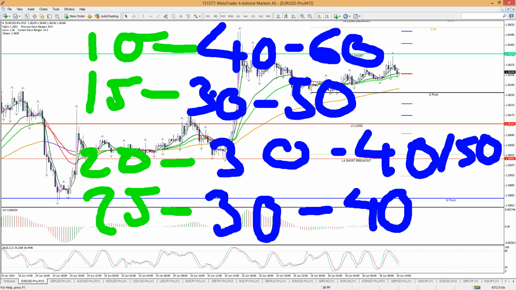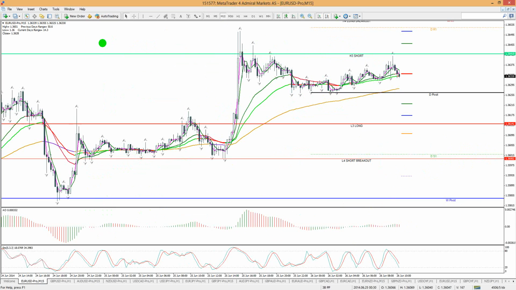Best one, by the way, if you're curious what the best one was, if anyone wants these numbers, I hope you had time to write them down now. 10 with 40, 60, 15 with 30, 50. Basically, you can see that across the board, anything between, let's say, 30 and 50 was good for the longer one, and between 10 and 25, good for the shorter one, in general. But the optimal one, apparently, funny enough, what is it? What do you think? Anyone want to make a guess? Probably a bit difficult to make a guess, but